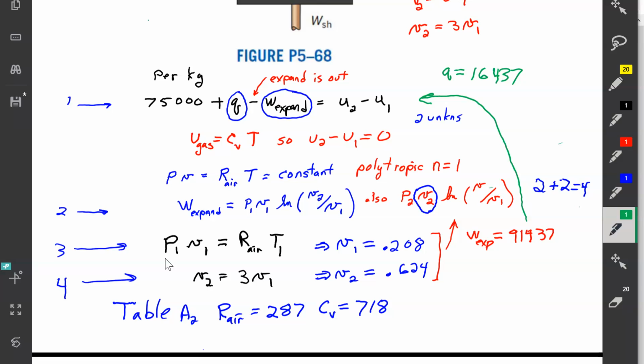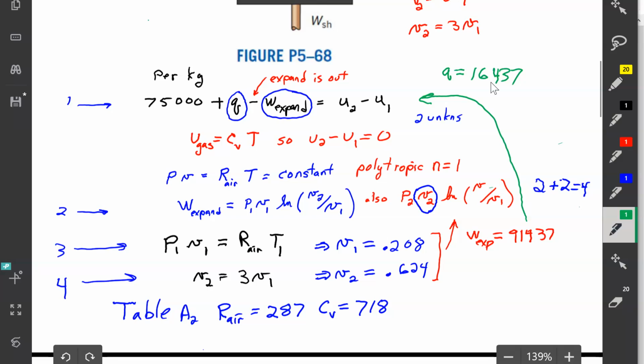You need the R and the C for air. You'll find that in table A2. So that's where those numbers come from. And then with the 2 volumes, you can plug into the red equation or the blue. Makes no difference. You'll get exactly the same number. And you calculate the expansion work, which is 91437. Taking the expansion work, then you can go back up here to the top equation and calculate the Q. The Q ends up being